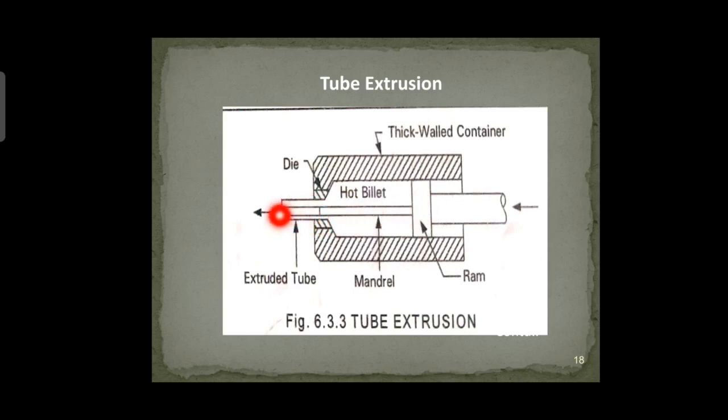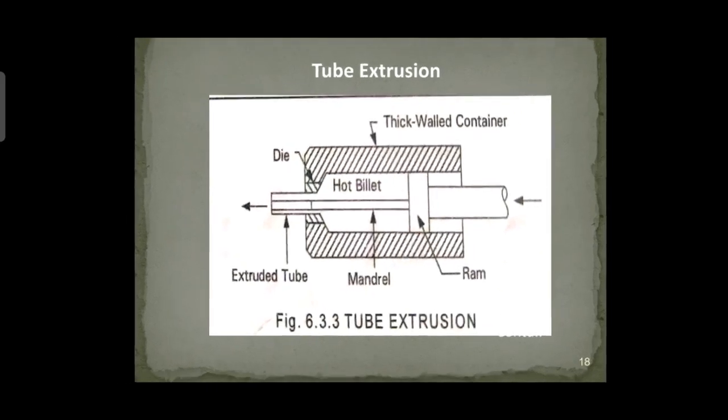You can observe the direction is just like direct extrusion: the ram moves in the same direction as the extruded tube. The one difference is the metal part that we call a mandrel. The mandrel gives the shape of the inner section of the tube, and it is integrated to the face of the ram. These are a few of the statements you can go through.